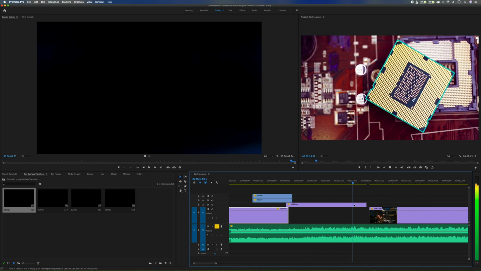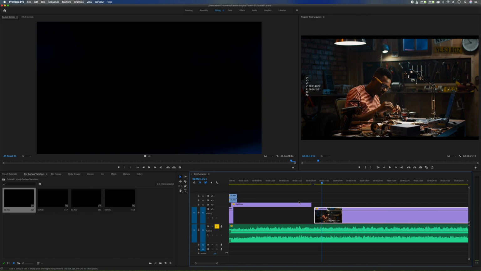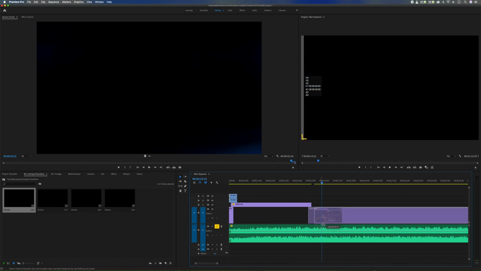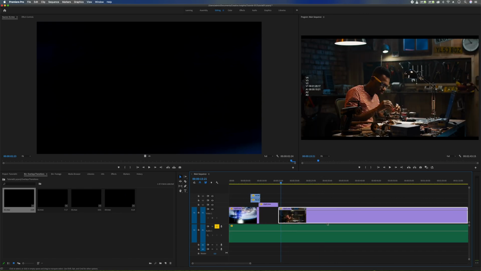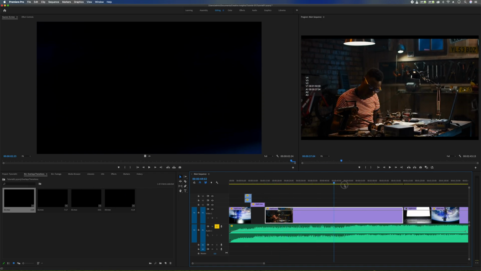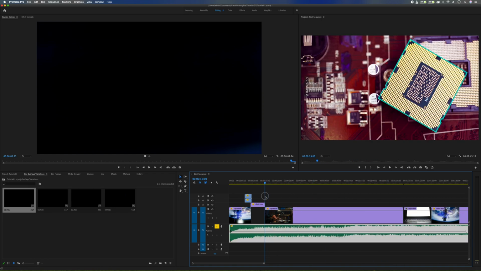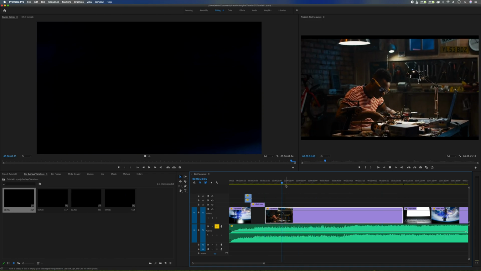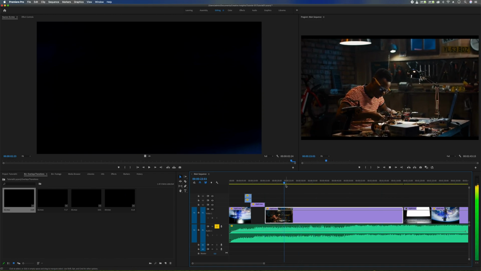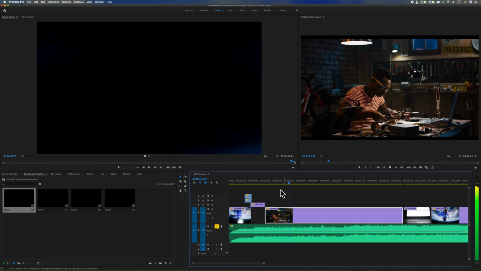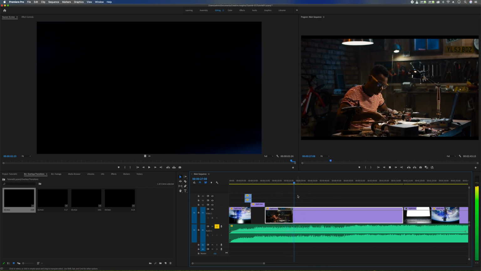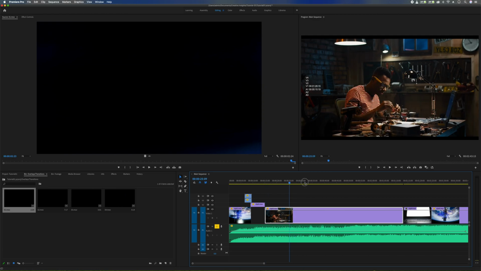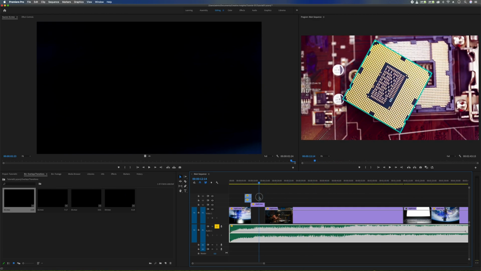So that will play through the video clip. And now we want to start doing the same to this second clip. But as you can see, this video clip is really, really long, and there's no way we want this to be on screen for that long. It's a sort of slow motion video of the guy working. So what we want to do is play through slow motion for a second and then speed it up. So we can get through the whole clip without having to watch what's more or less a minute's worth of